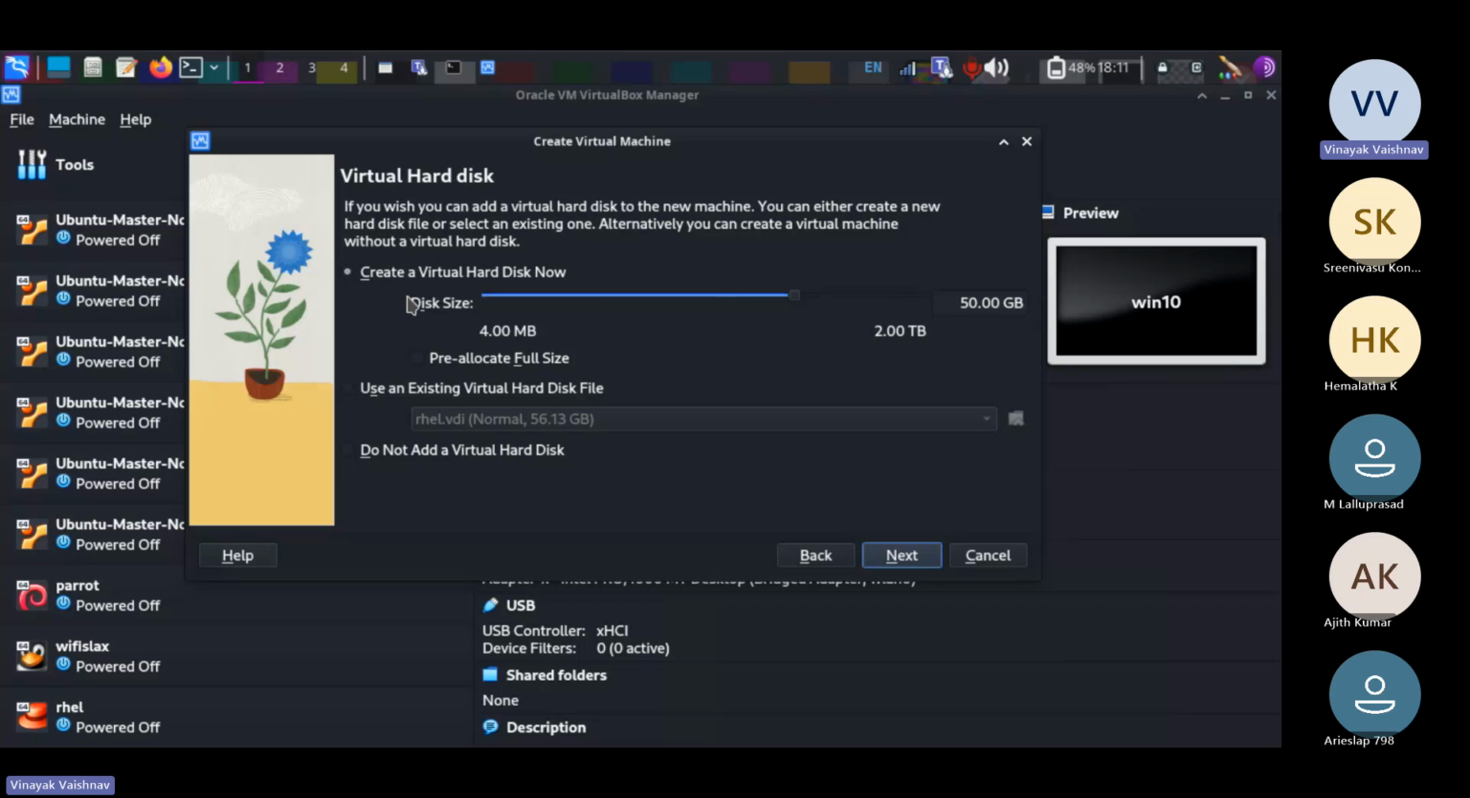Then the third thing, it is asking about the storage. Any computer basically requires three things: one is the storage, one is the processor, and one is the memory or RAM. We have already defined the memory and the processor count as well. The third thing which we are going to assign is the hard disk or storage. This hard disk which we are going to select will create a new hard disk for our virtual machine, and the storage of that disk